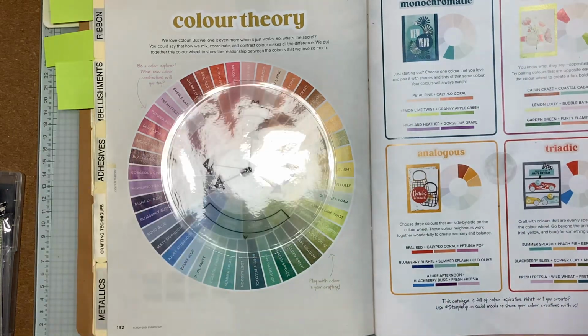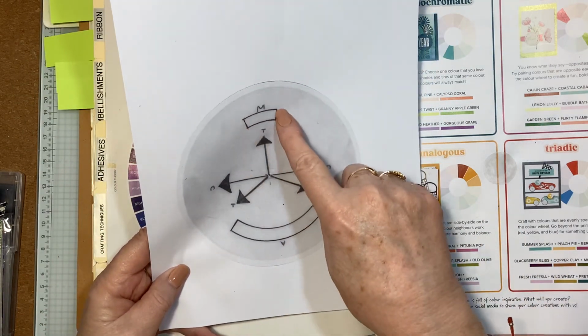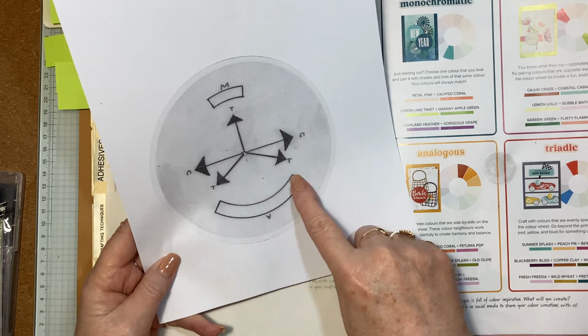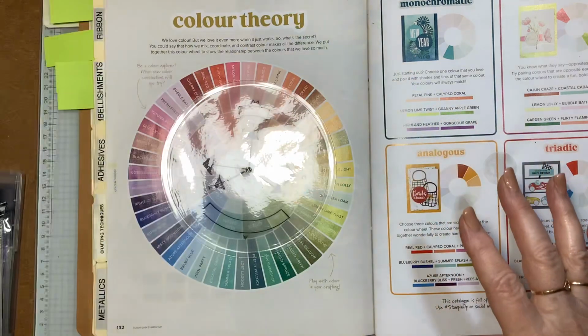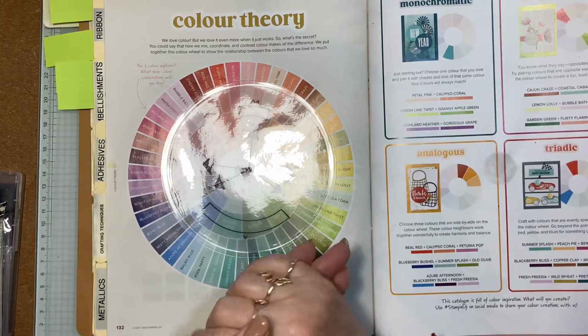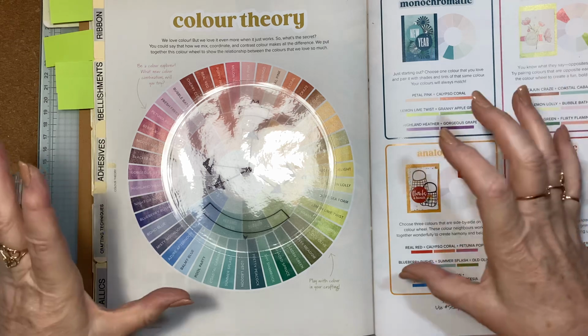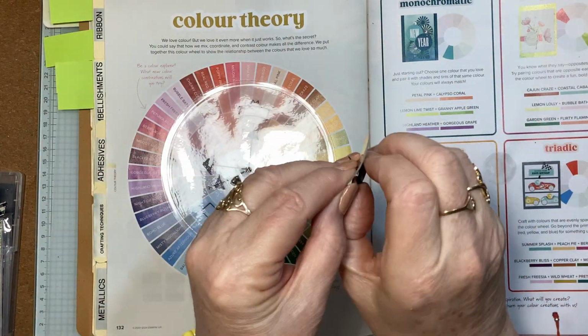If you want to get this one, you can leave it white and just cut these out with your craft knife, or you can trace this onto your piece of vellum. Up to you. You obviously don't have to have this, but I thought it was handy to have it in the catalogue. Now, the first thing I did was I cut out some, I've got this big